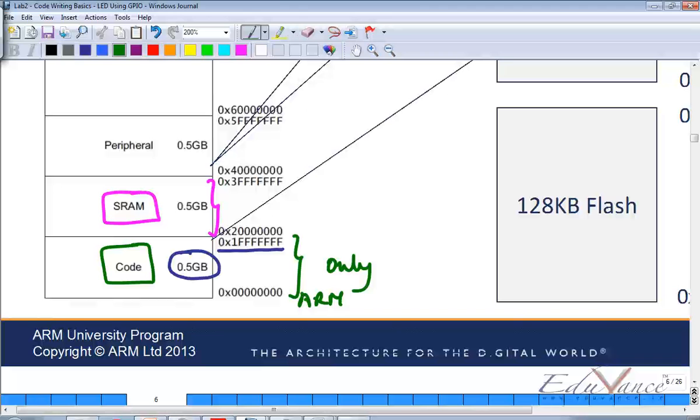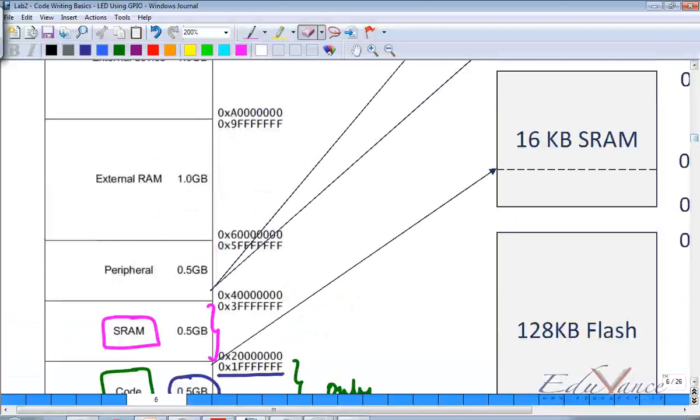Suppose you want to put your code memory somewhere around 0x4 all zeros, ARM says that is not allowed, because of the memory map we are looking at here,